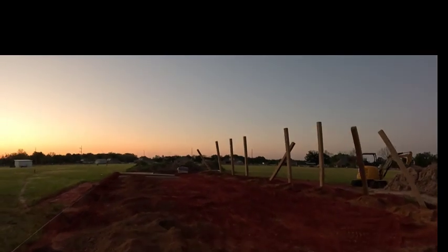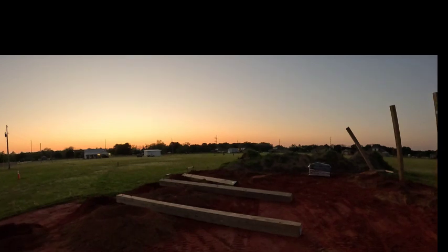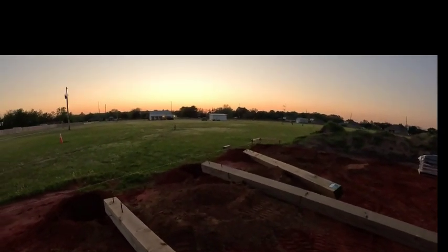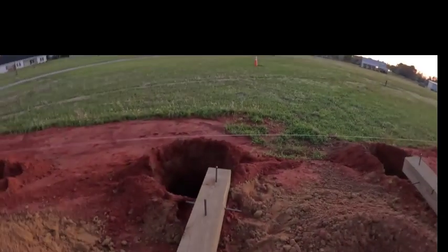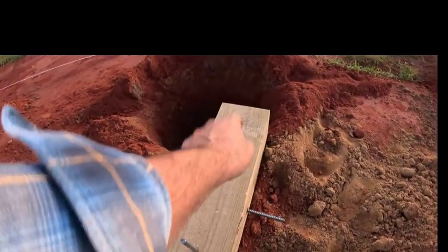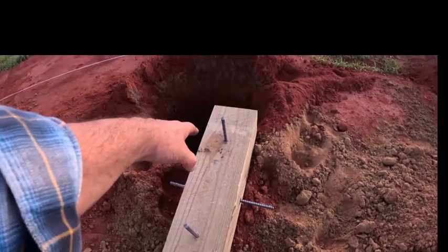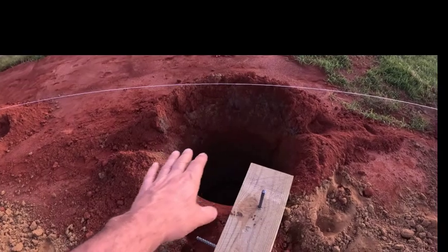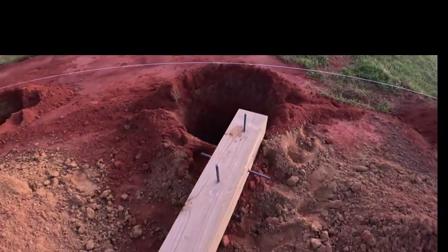Kind of show you up here what we end up doing. So these are 16 foot 8x8 timbers. These are pressure treated to the gills. They're made for going right in the water in the ground. And then you see there's 3 rebars. So you got the 3 rebars in now. That'll get dropped into the hole, and then that hole will be filled with concrete. And then this will lock the timbers in to prevent the uplift so your building doesn't blow away